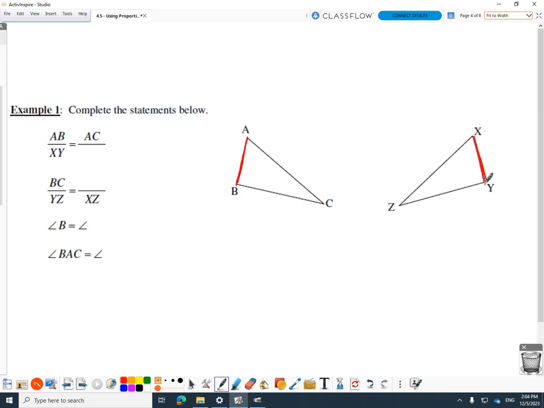Again, trust me, if you're having trouble with these, do this first. Highlight the line so you know which one's which. Then what? I'm going to do green, and I'm going to do